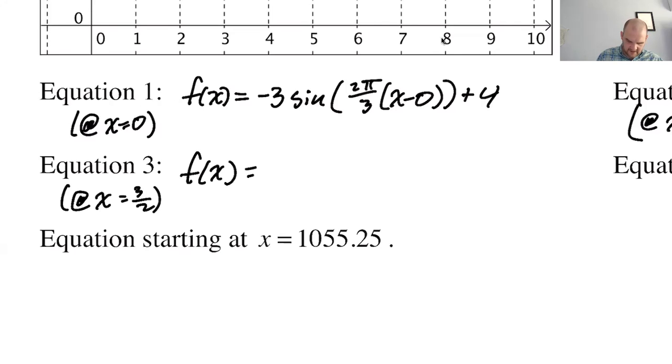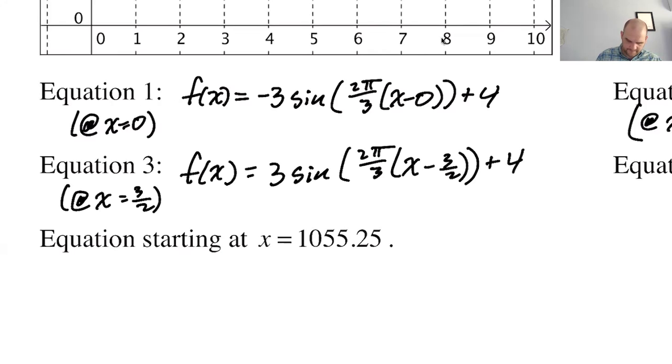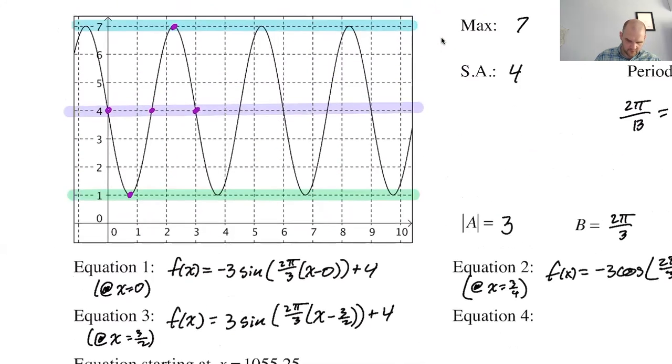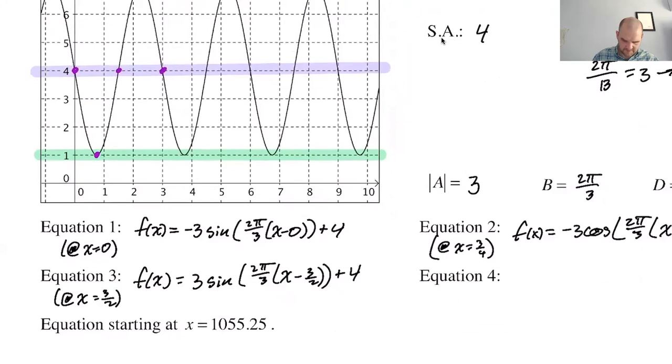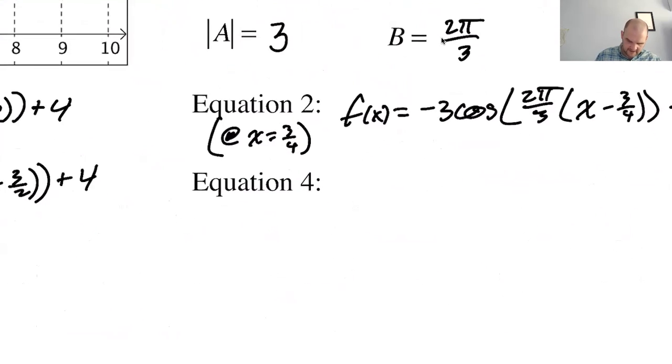So it's going to be a positive sign. 3 sine 2 pi over 3 does not change. X minus 3 halves. And then plus 4. Then if we go one more starting point, we'd have to start up here. Well, we'd want to, right? Because you basically just want to go from a good starting point and keep going and increment over. So that's positive cosine, and that's going to be at